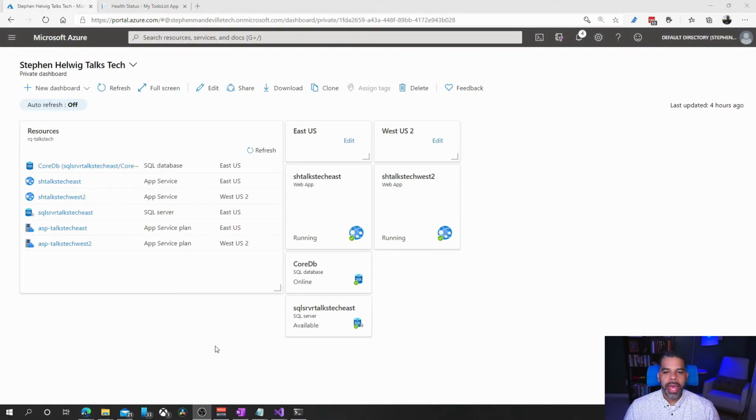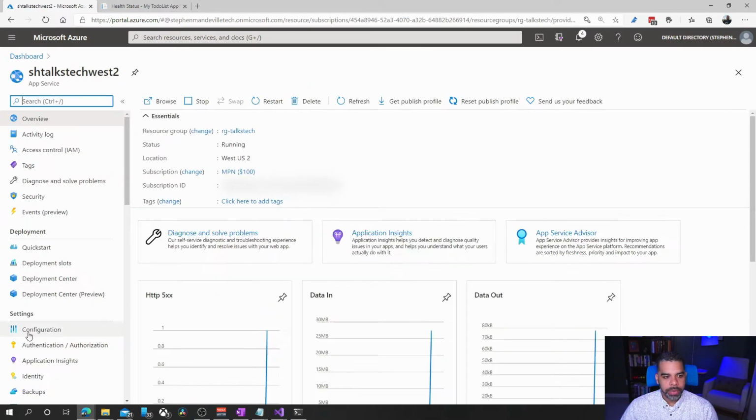Okay, so we're going to go ahead and take our code and deploy it out to our app service in the West region. Before we do that, however, there's a couple things we want to do. Right now, we haven't set up failover groups. We haven't geo-replicated our database. So for this initial deployment, we're going to have the app, the web app, actually talking to the database in East US. So we need to let it know the connection string for that database, and we haven't updated the